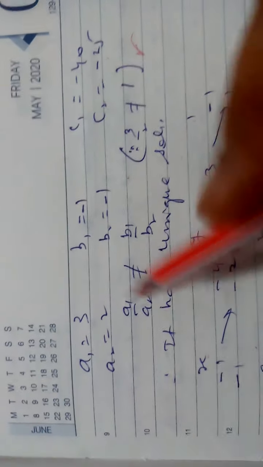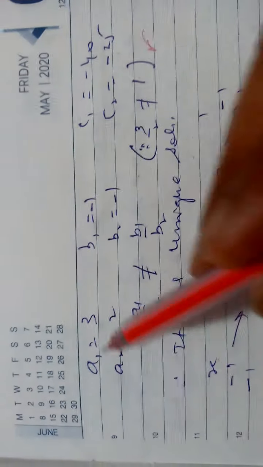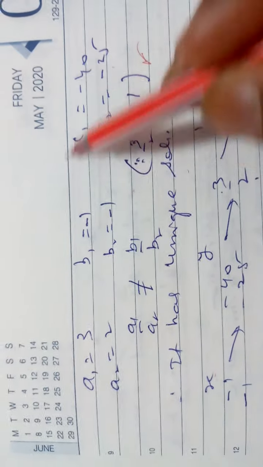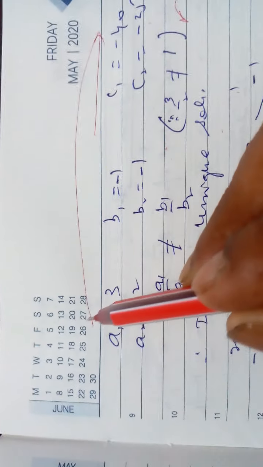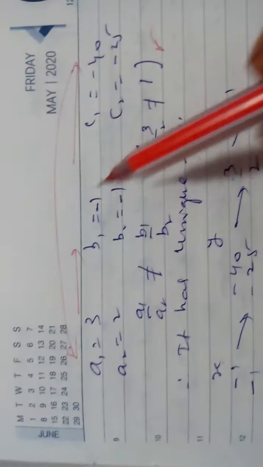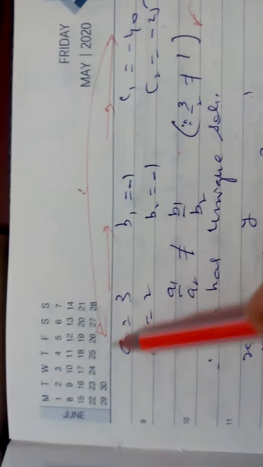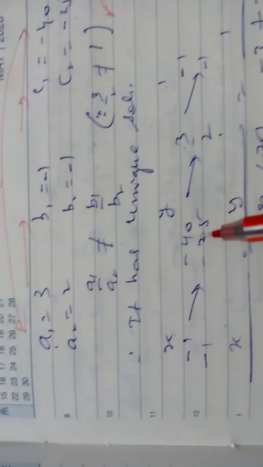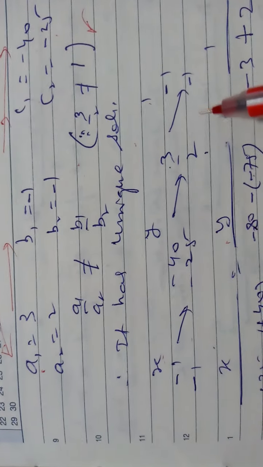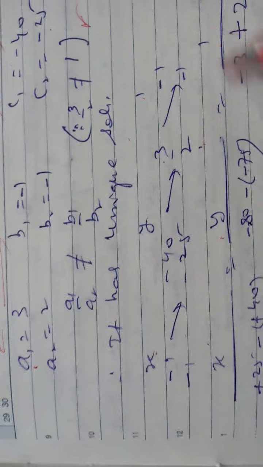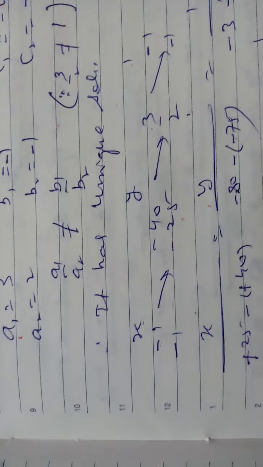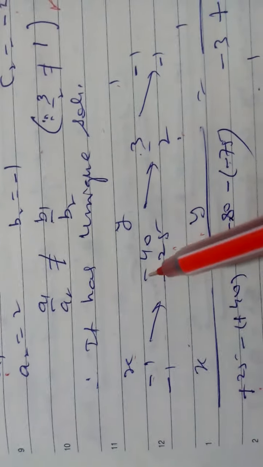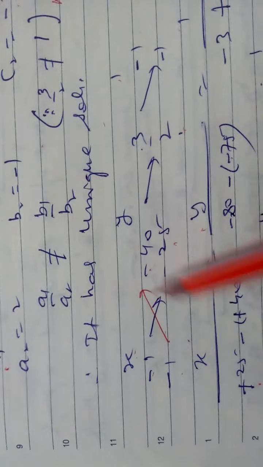and 1. Then B1, B2. X means this coefficient: you start from here, go here, and again come back here and again go there. It is the circle. Start from here, come back here, and this B1, C1, A1. So minus 1, C1, C2, A1, A2, and then B1, B2. So minus 1 into minus 25 is plus 25. Minus plus 40, you will multiply like this.